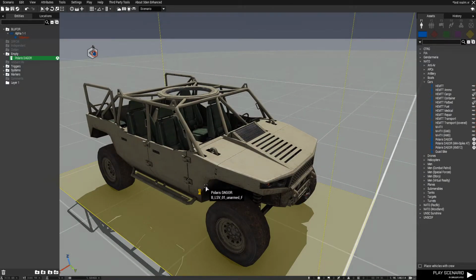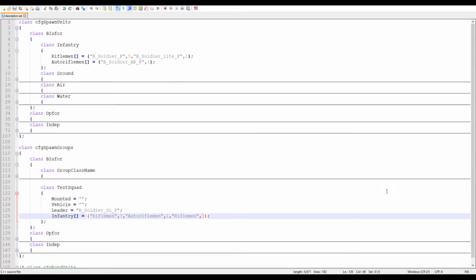So we know that one is B_LSV_01_unarmed_F. I know you can read. I'm just reading it out loud to make sure I remember as well. So, going over to the notepad, we will be wanting, let's see here,